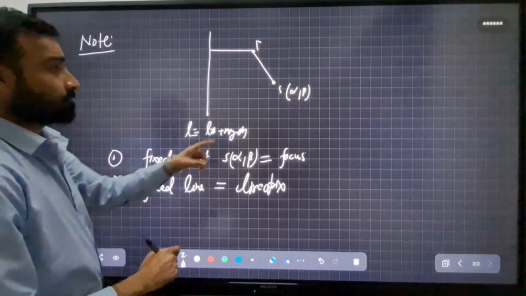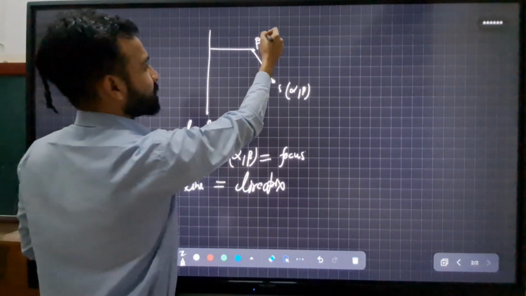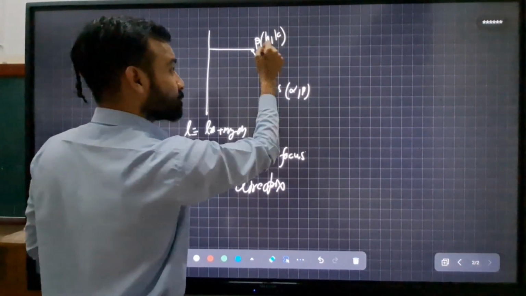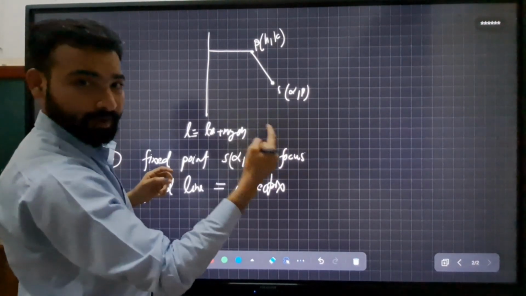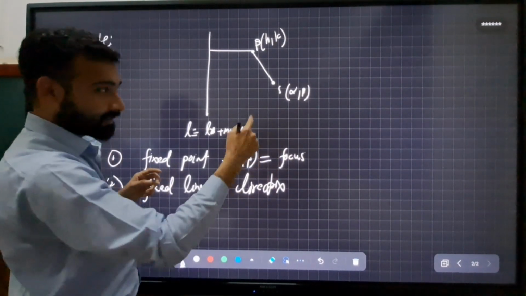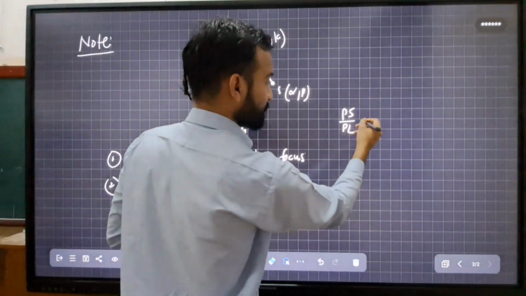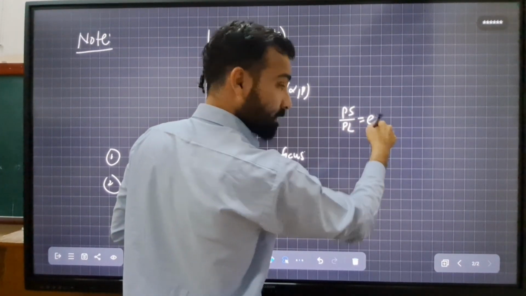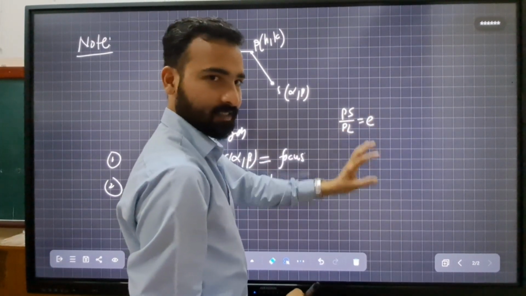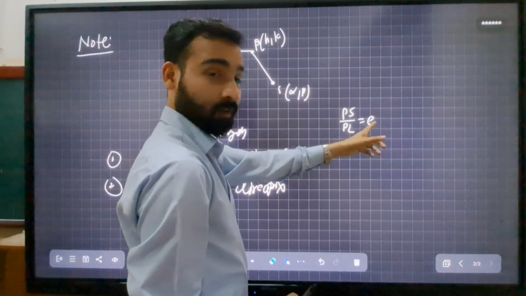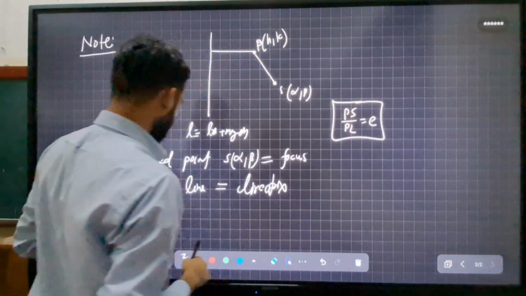So there are two things, one is a fixed point and a fixed line, and this point P is variable, that is h comma k. This point P will move accordingly. We will get parabola, ellipse, hyperbola by taking the ratio. So PS by PL, suppose this is equal to e, right? There will be different values of e. e is just a constant. I am just taking the name of that constant as e. That is the eccentricity we are writing here, right? This ratio is called eccentricity.